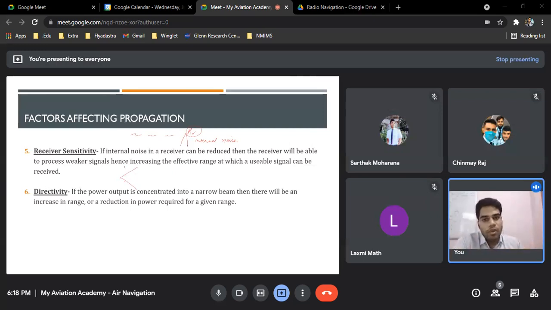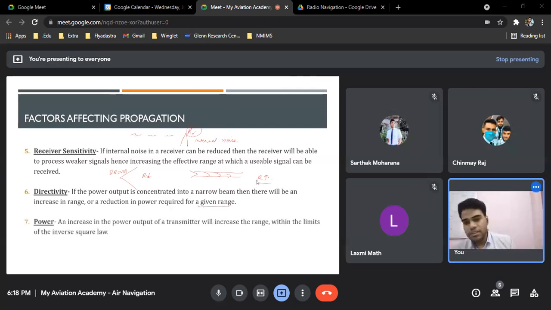So the same example goes for transmitters. Transmitters also have multiple types. Let's take an example that this is a broad type. Now what happens in a broad type? You can see the range is less. Second type is your narrow, a beam type. When you use a beam type headlight in your vehicle, you are able to create more range. Why? Because this is known as directivity. You are directing all your beam into one direction, so it increases your range. Range is increased.